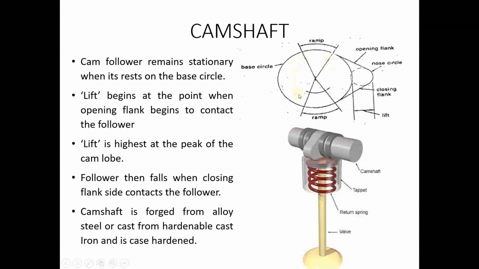So if you look at the cam, this is the cam profile. You have the base circle, which is almost semicircle in shape, and you have the pointed structure, which is known as the cam lobe. And there are two flank surfaces, slanting surfaces. One is known as the opening flank and another is known as the closing flank. So whenever this cam rotates and the opening flank region contacts the follower, you can see here,